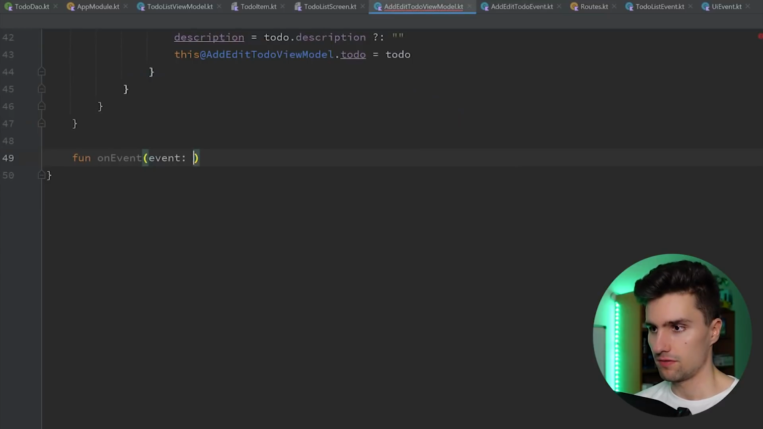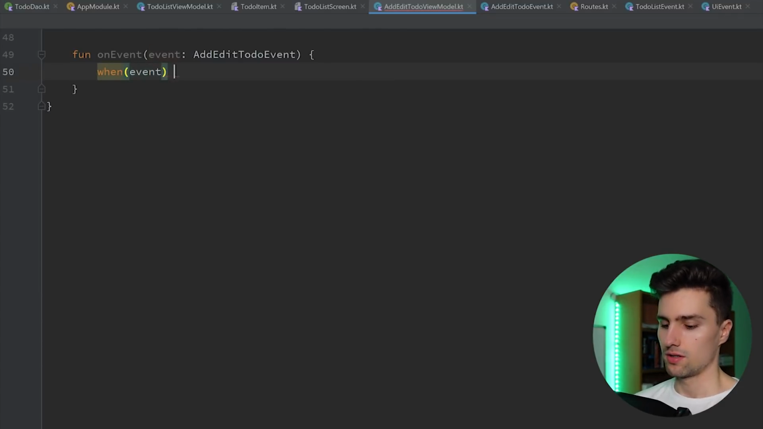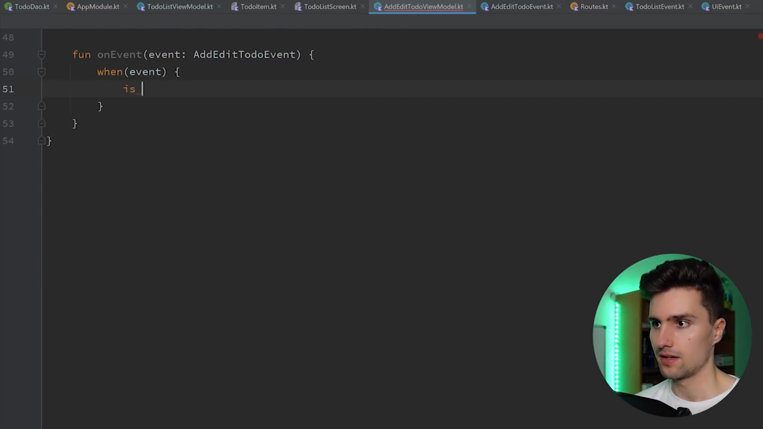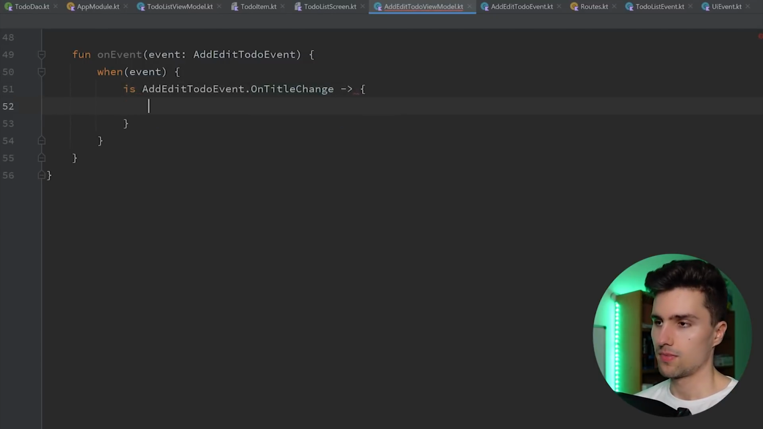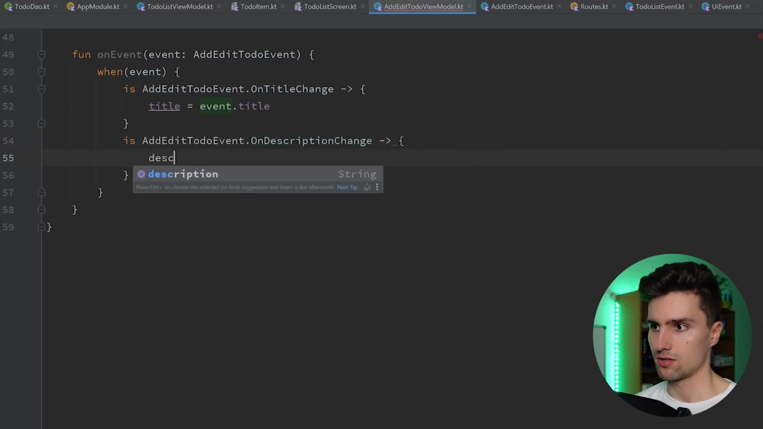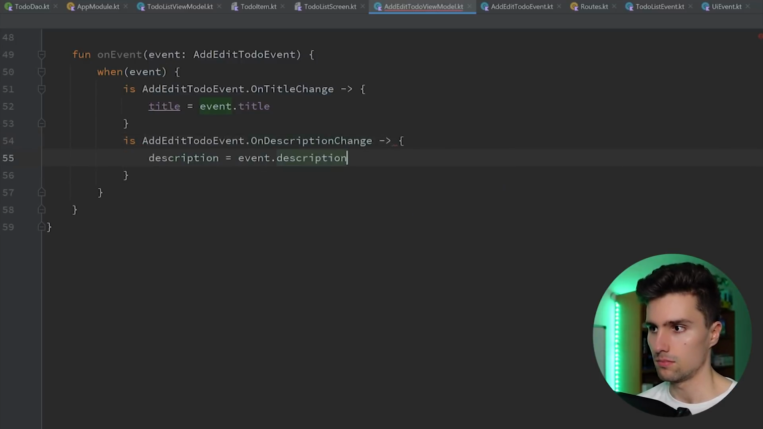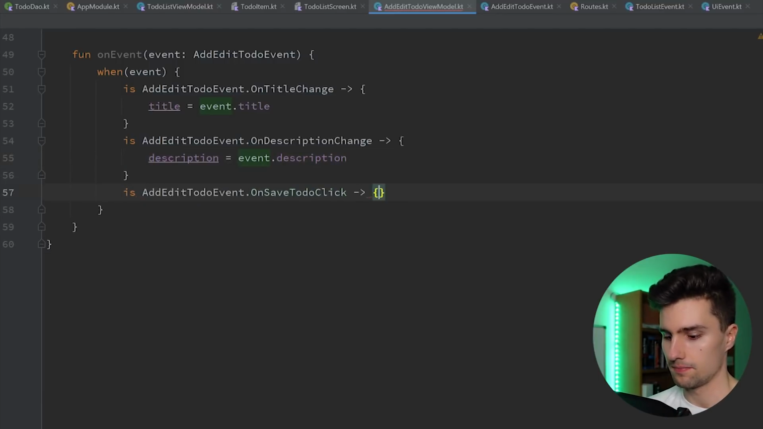Let's go back to the view model. Now use this add edit to-do event. And again, just have a when expression and check what that event is. If it is on title change, we simply want to change our title state to event title. If it is on description change, we do the same for our description state. And finally, if it is on save to-do click,